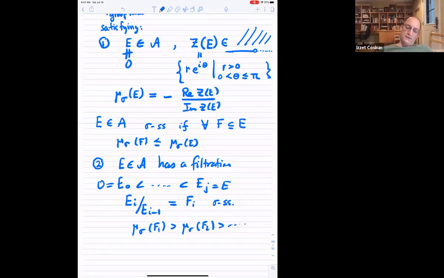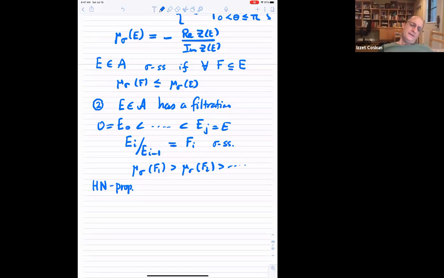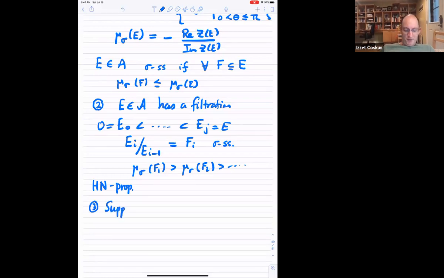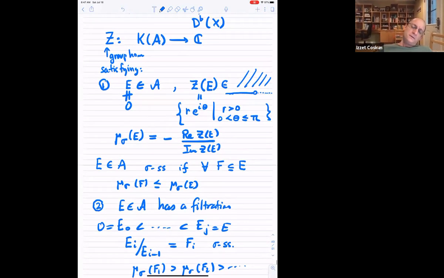Okay, so in other words, this is called the Harder-Narasimhan property, or typically the HN property. So you want the pair to satisfy the HN property, and then there is one other property that you impose, which is called the support property, which I'm not going to even tell you what it does, but the